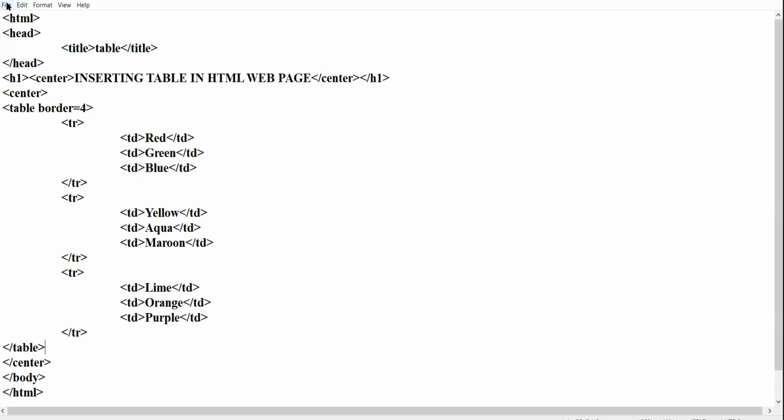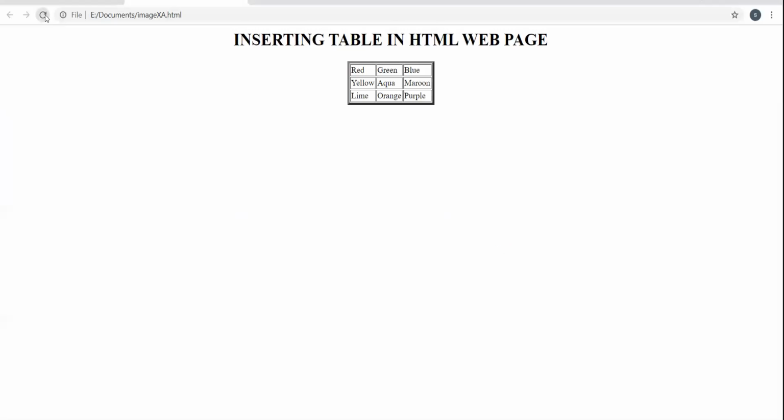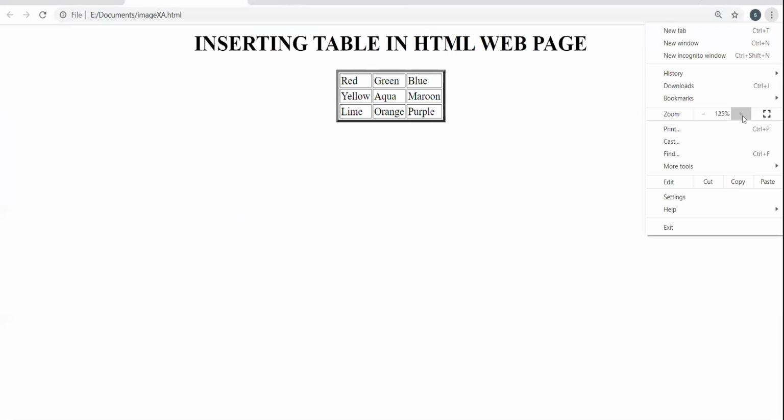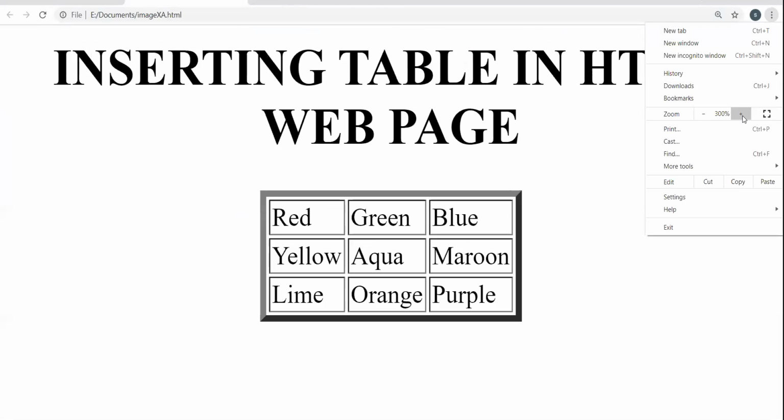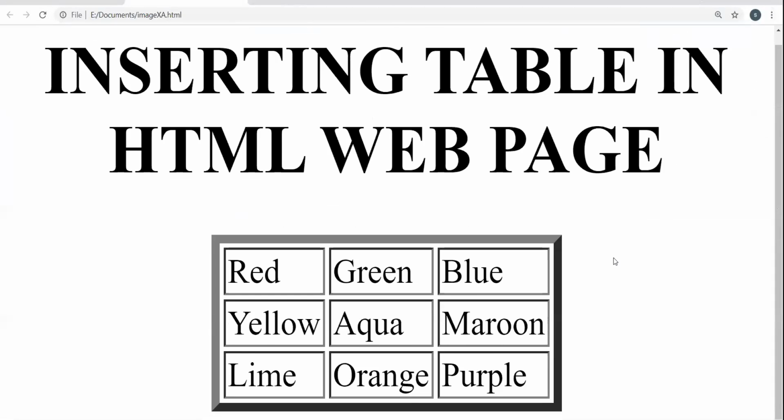Let us see the browser view. I'm increasing the zoom level so that you can clearly see the table. 3 rows.